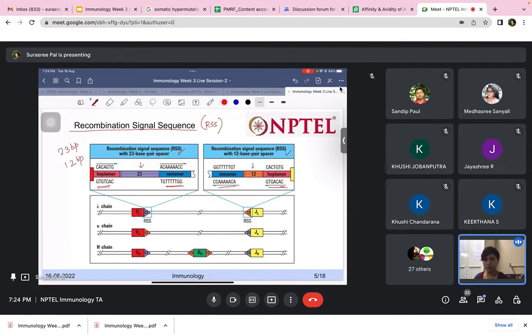And there is a rule in this recombination signal sequence: a 23 base pair actually, or a 12 base pair actually pairs up with a 23 base pair recombination signal sequence while genetic recombination takes place. So this is actually a 12-23 rule. A 12 base pair recombination signal sequence will always pair up with a 23 base pair signal sequence, and not 12-12 or 23-23. This kind of recombination does not take place, right? So only 12-23 is a